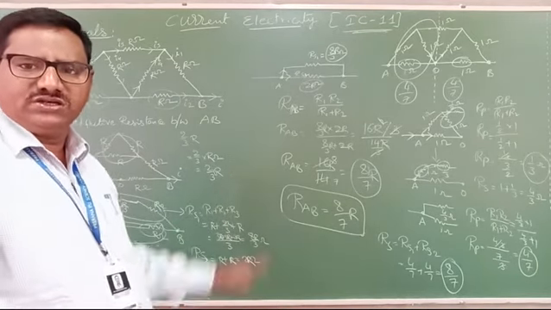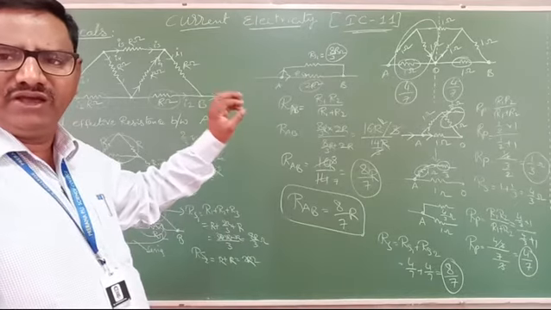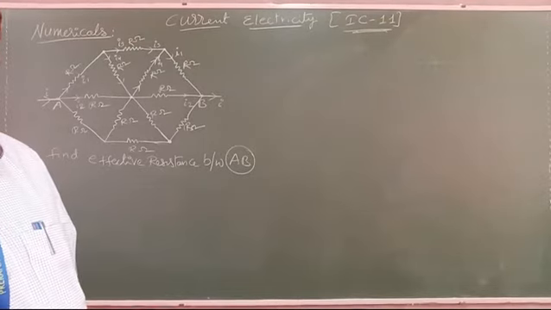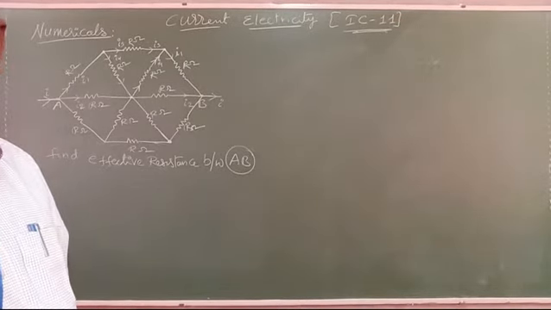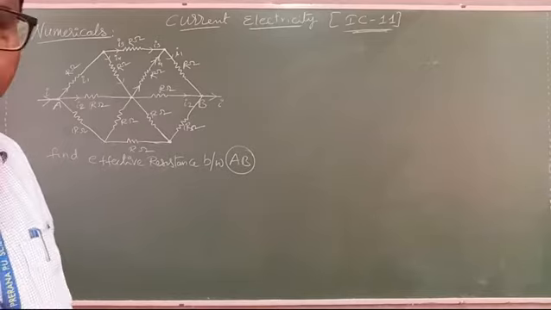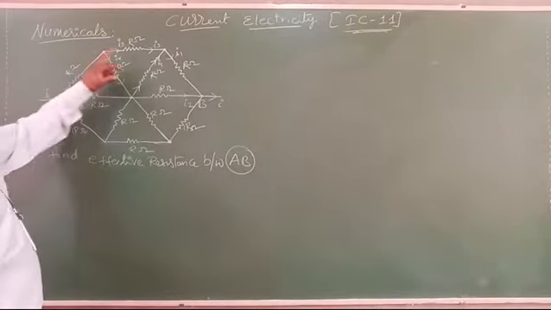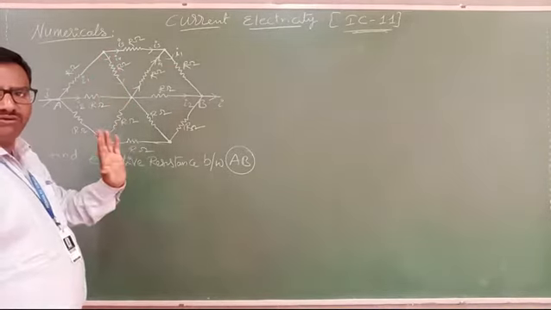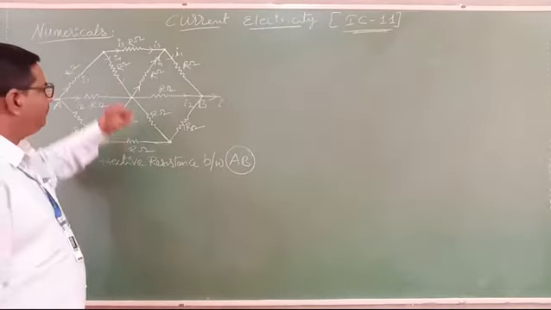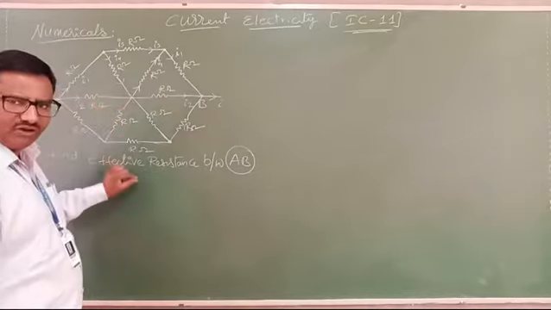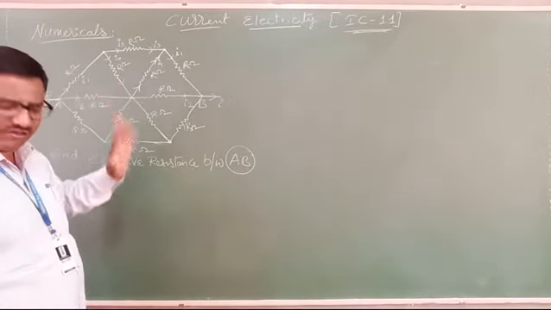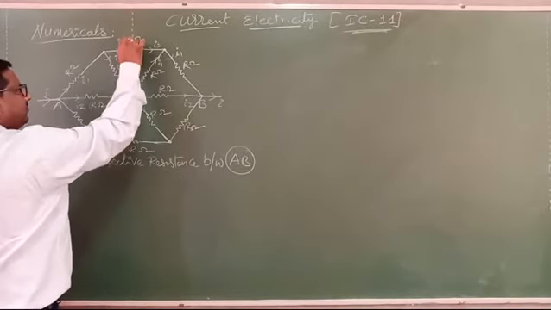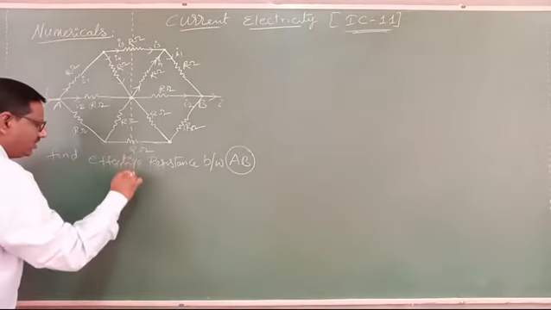Okay, good. Similarly, I will give one more circuit to continue this one. Okay, see here, one more circuit. I just continued the downside also the same. Now I will take each and every resistance as R, the same along the circuit. Now what we said: if you want to plug upside, or if you want to plug downside, you can solve like that. These are all symmetric. At this point the potential will become 0. So these are all called symmetric circuits. So I will cut it at exact half.